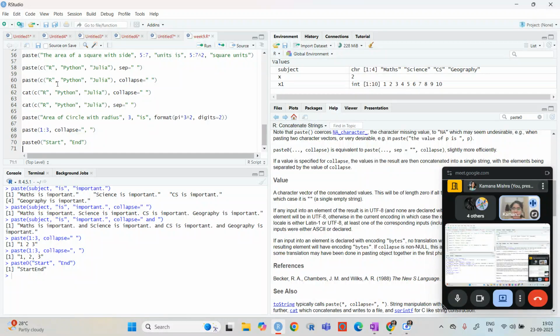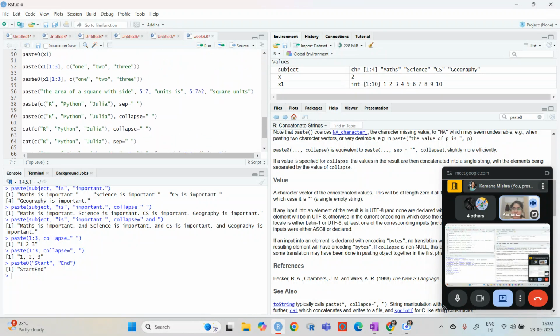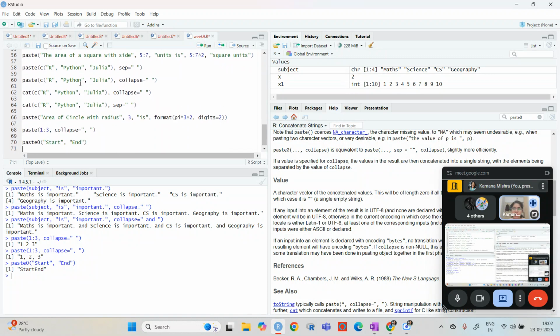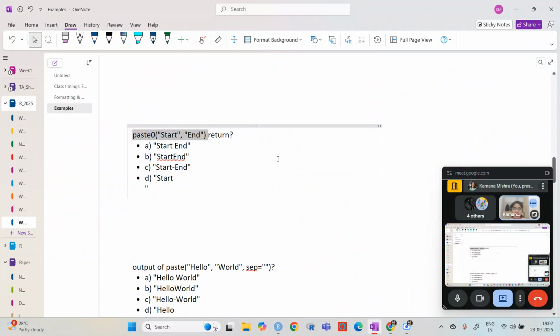Here also we have seen base 0. What it does is that it does not give any space between these two. So this will be its correct option.